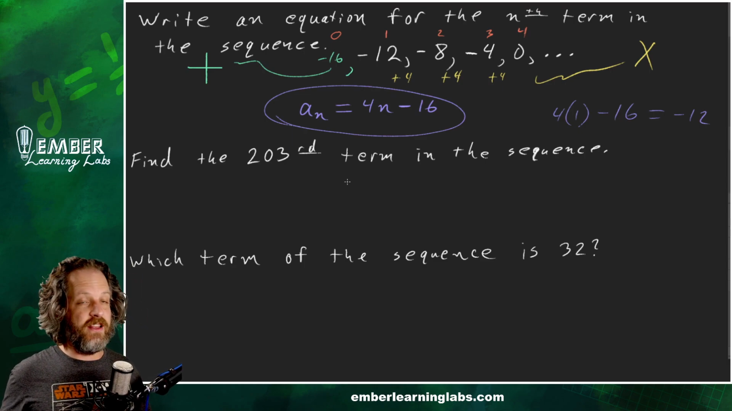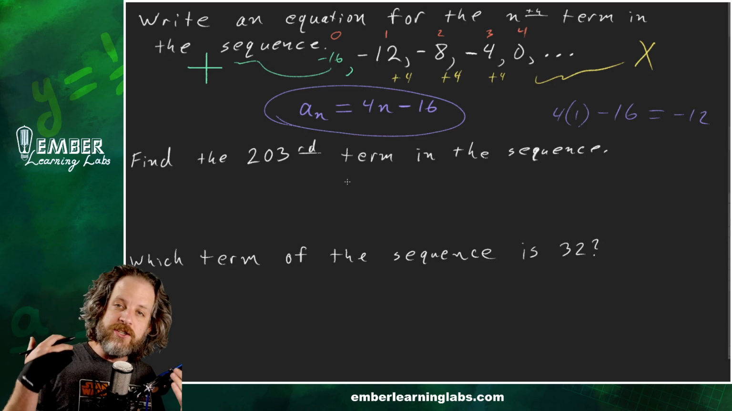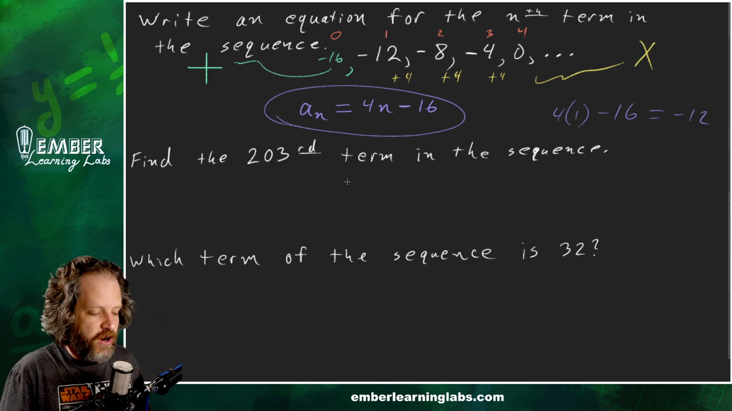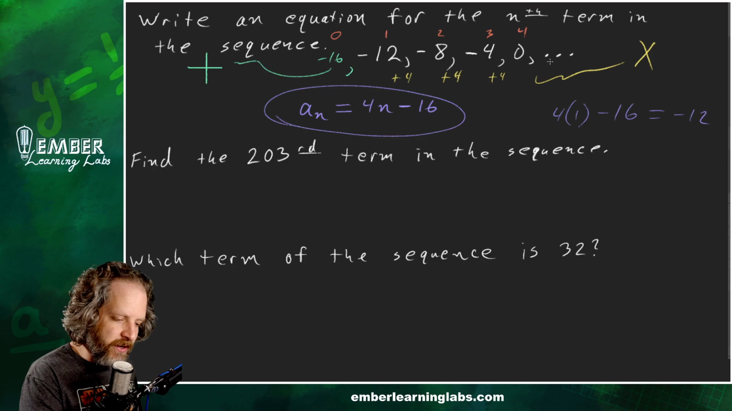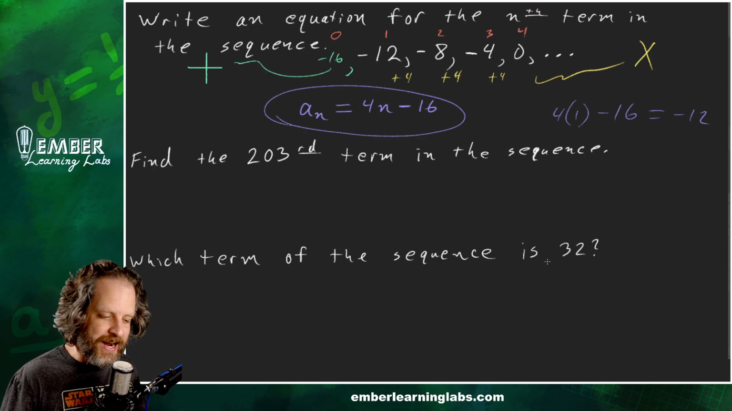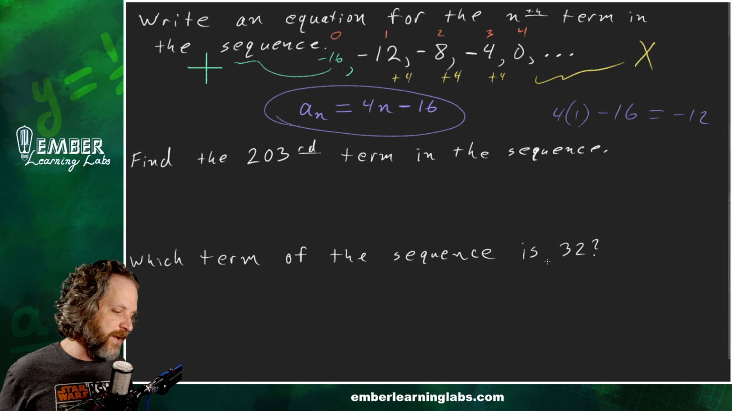If we go with something like the 203rd or the 1024th or whatever term in the sequence, then it kind of forces you to use the equation. We could add and keep on going 200 some odd times and finally get to the answer. But if we use the equation, it's going to be a lot easier. So